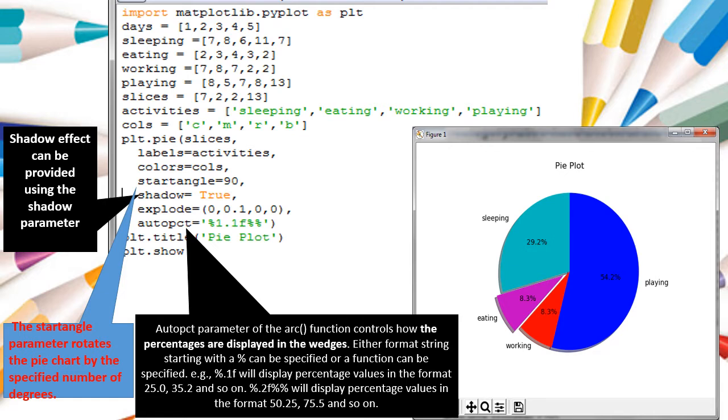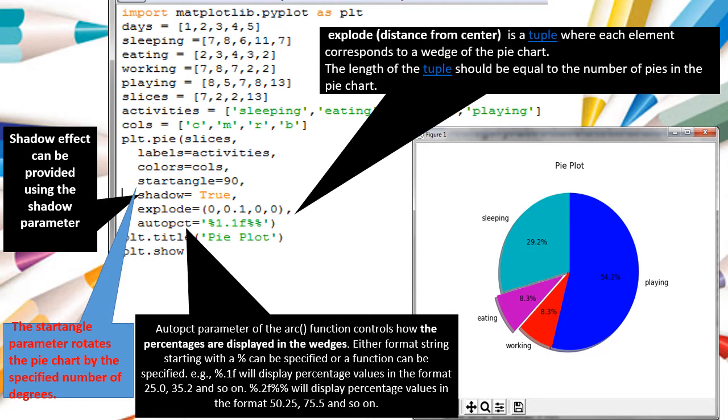If you give .1f, it will show one digit after the decimal point. Suppose if you give .2f, two digits after the decimal point will be displayed.